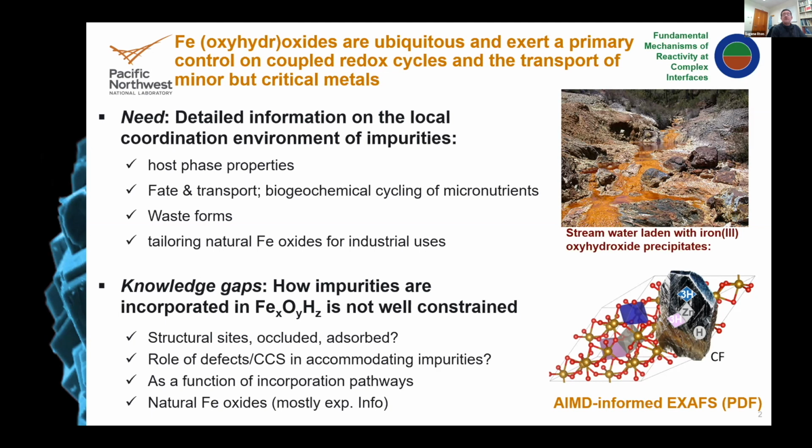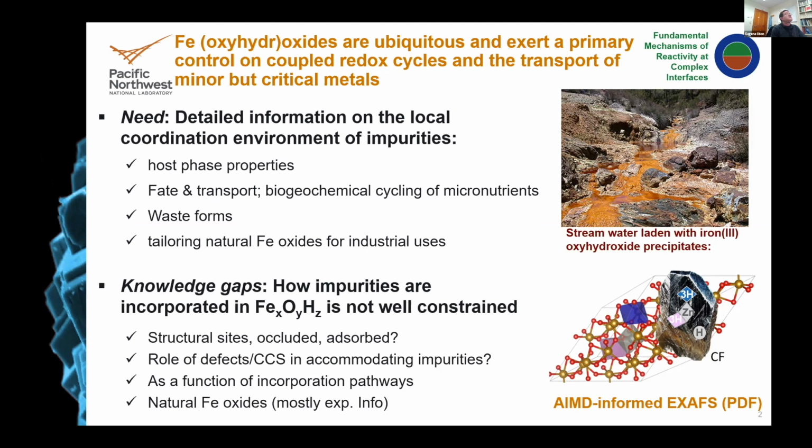Also waste forms. Iron oxides are being considered as waste forms for actinides. And perhaps not of interest to this group, but there's a large effort to tailor natural oxides for industrial uses, for example, photocatalysis, using doping of iron oxides, natural oxides,